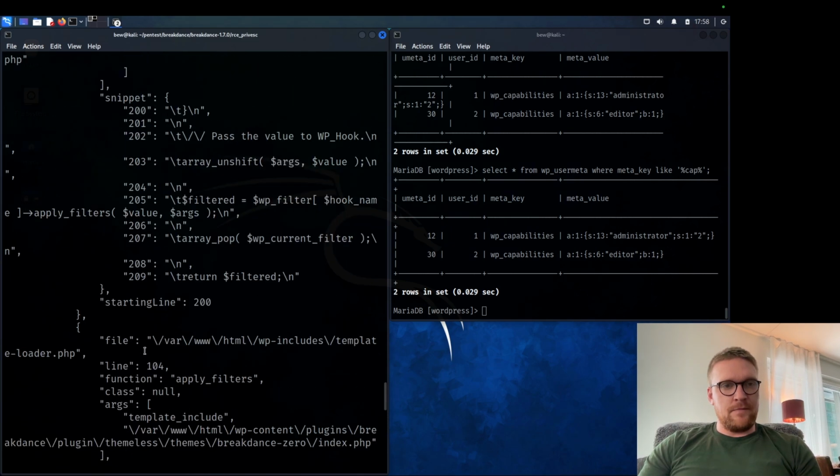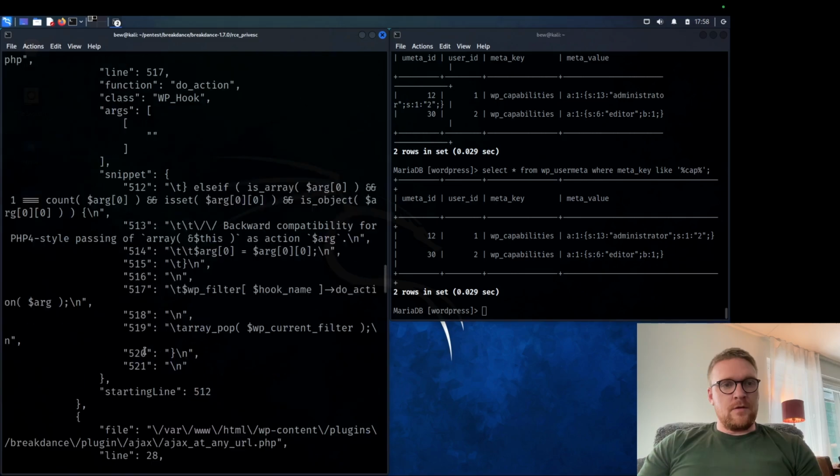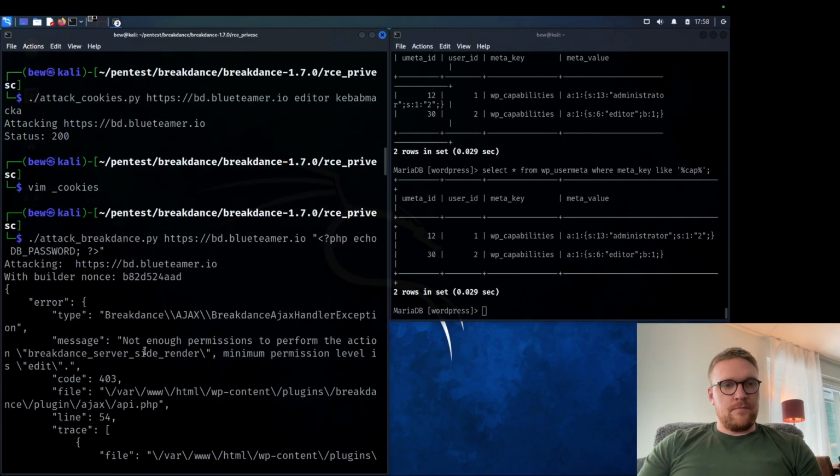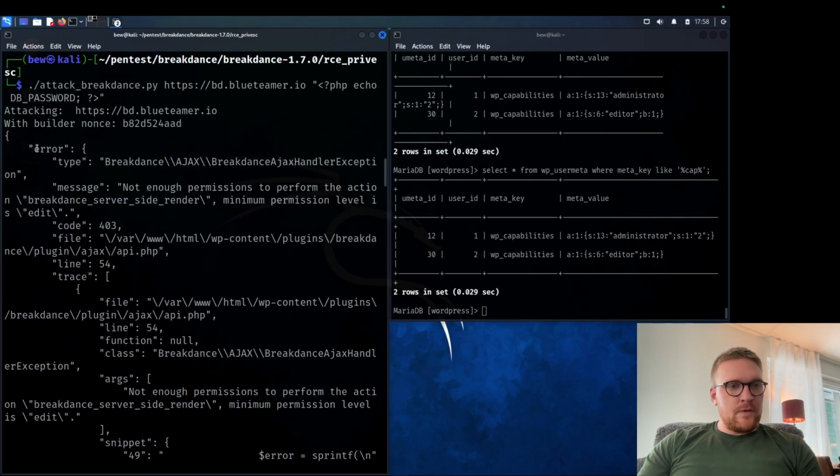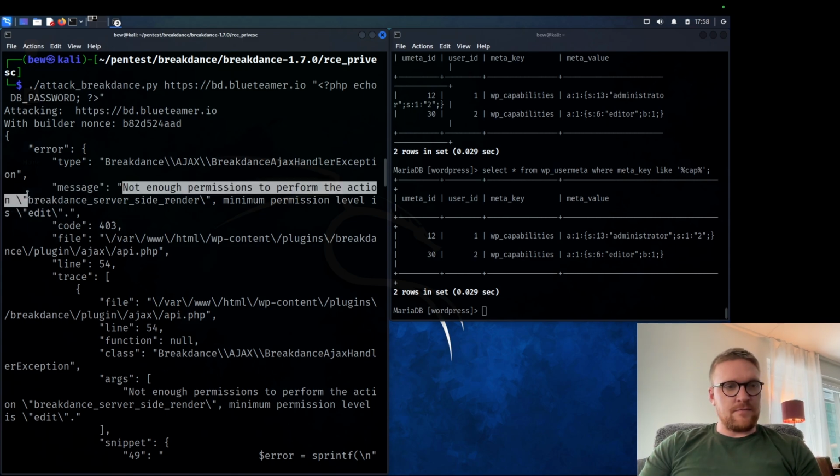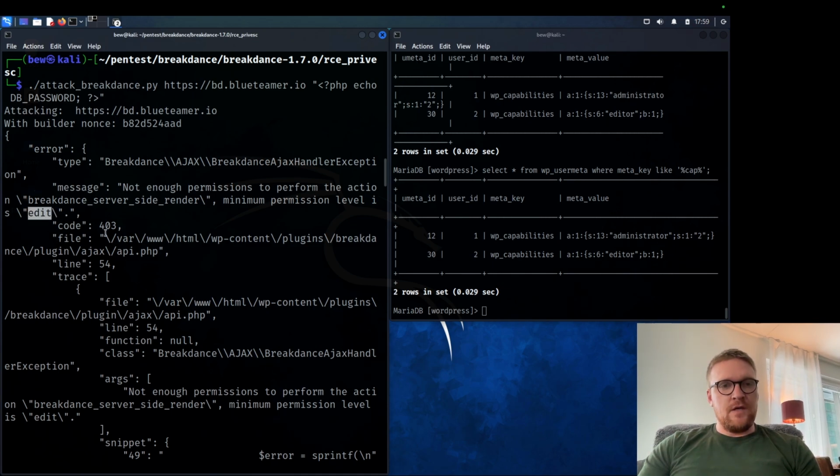If we scroll up to the very top here, we can see we have an error. The type is a Breakdance Ajax error, and it says we do not have permission to perform this action. It also says our minimum permission level is edit. Okay, so to run this command, we need edit permission. And we get edit